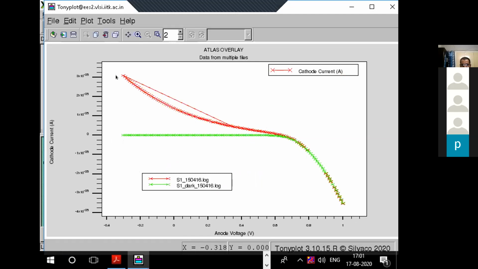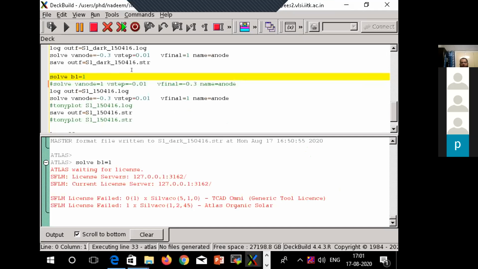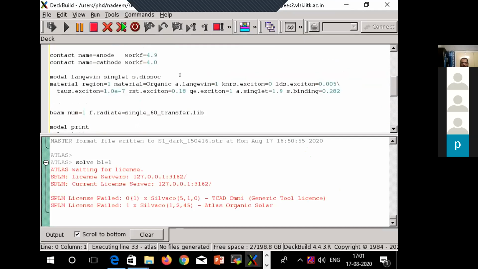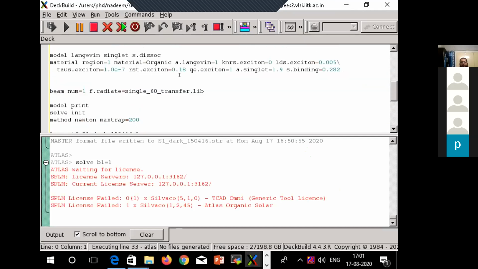Now here we can see that it is somewhat different from crystalline silicon solar cells. They have parallel lines. It's somewhat dissimilar. So why is this so? Because it corresponds to the models that we had called during the simulation. In organic solar cells, you may have a different kind of photo-dependent current. So if you want to capture that kind of current, you need to invoke all those models corresponding to them.